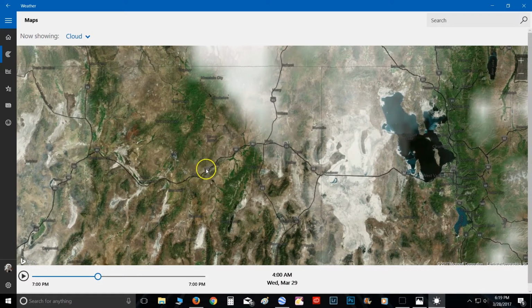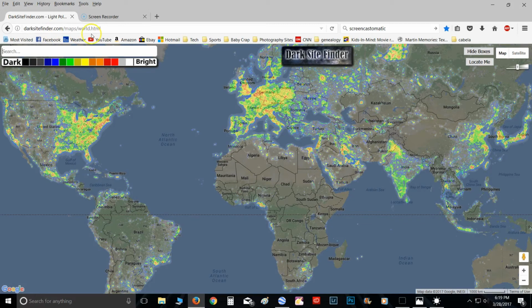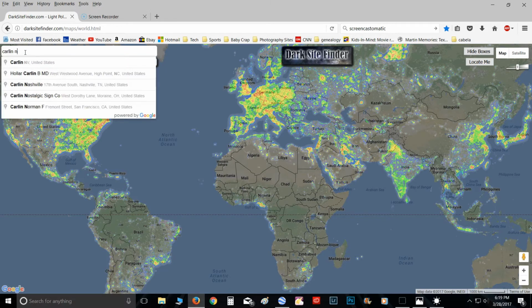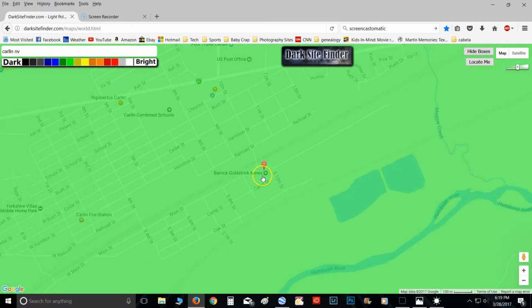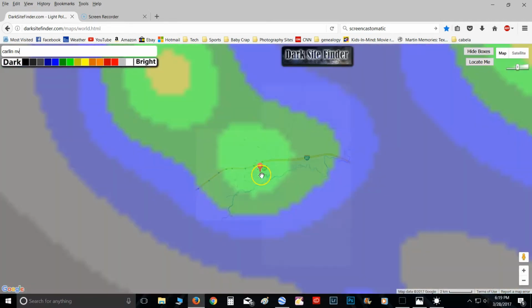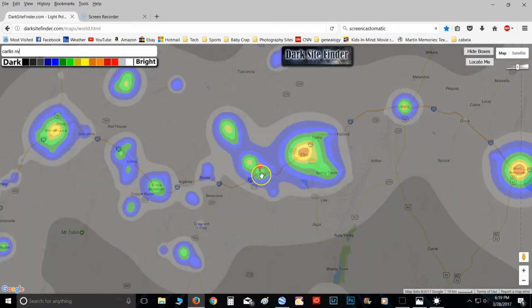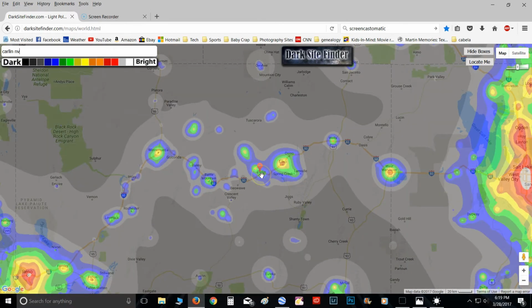So from here, if I wanted to research this whole area here, I would go to a website called darksitefinder.com. That's what I use to find the darkest places in the world. You can see Europe is completely lit up and the whole eastern United States is, but we're interested in Carlin, Nevada. So I'll type in Carlin, Nevada, and you can see that it's really bright in town, which is typical. So I'm going to scroll out, and you can see, okay, from Carlin, Nevada,